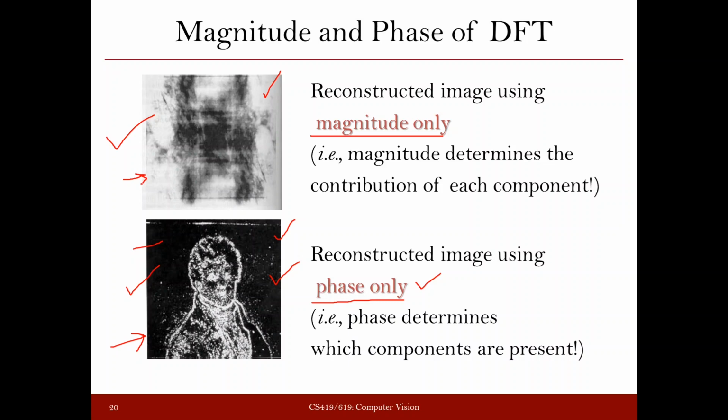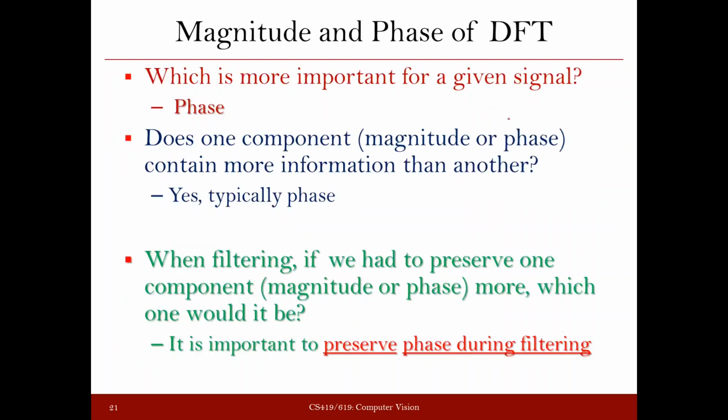So from this demonstration we can say that when you have phase and magnitude in the Fourier domain, phase needs to be taken care of well. Relatively, magnitude can be compromised. When you perform the operation, as you remember, at the beginning we discussed why we are doing the Fourier transform. The main objective was to perform certain operations in the Fourier domain or the frequency domain. We discussed that when you perform operations in the frequency domain, the complexity of those operations is less. They are more efficient in the frequency domain.